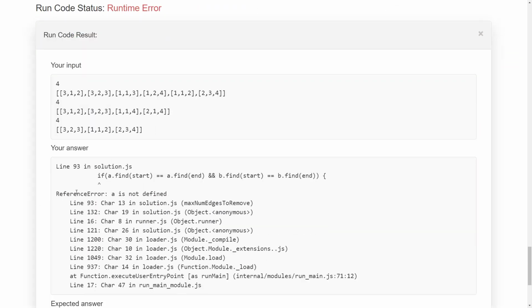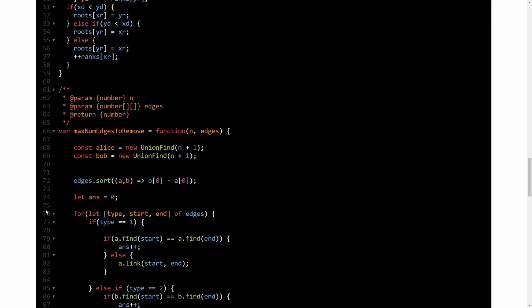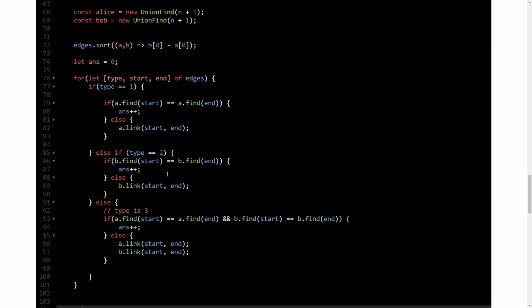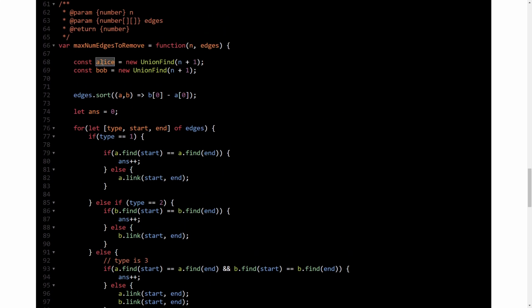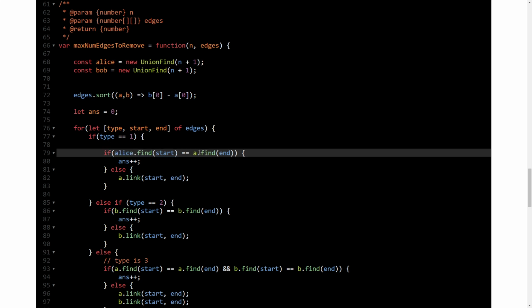That's why A is not defined. Oh, cool. So for Alice I have used A and for Bob I have used B. So instead of that I'll use proper names just so that it's clear.